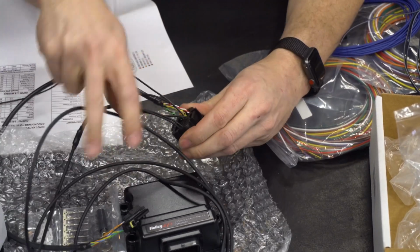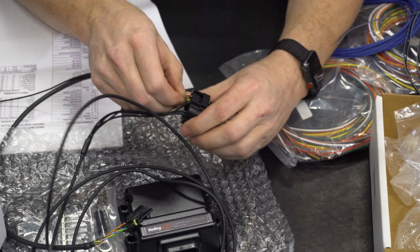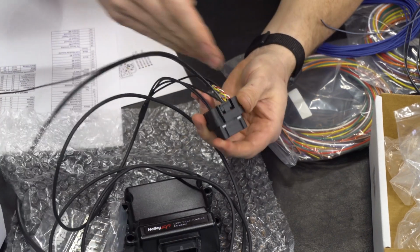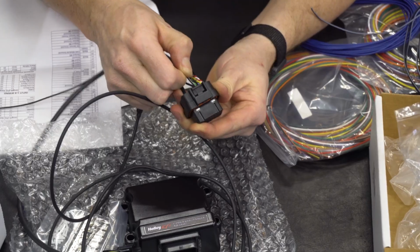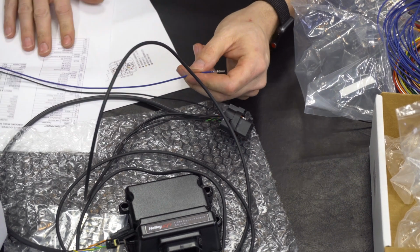in to try and keep this thing from bending over. Luckily with these pre-terminated ones, it's really easy, and you'll feel whenever it kind of clicks into place. You can give it a little tug. It's not going to let go without using a tool to release these, and these have to be released from the back side, so just keep that in mind. They do lock in. Okay, 10 minutes later, I've freed one of my blue wires for my sensor 5-volt reference,